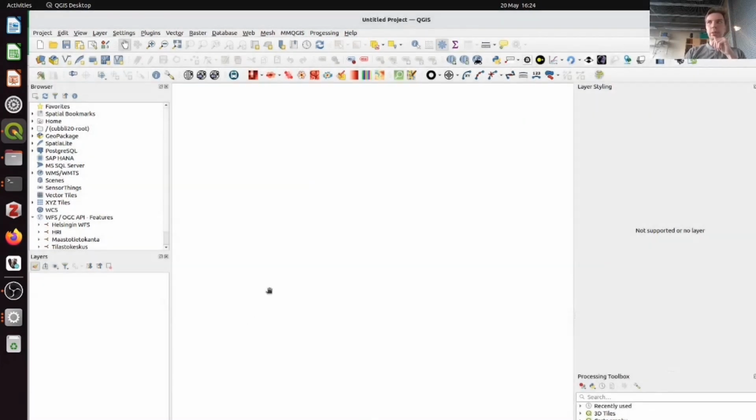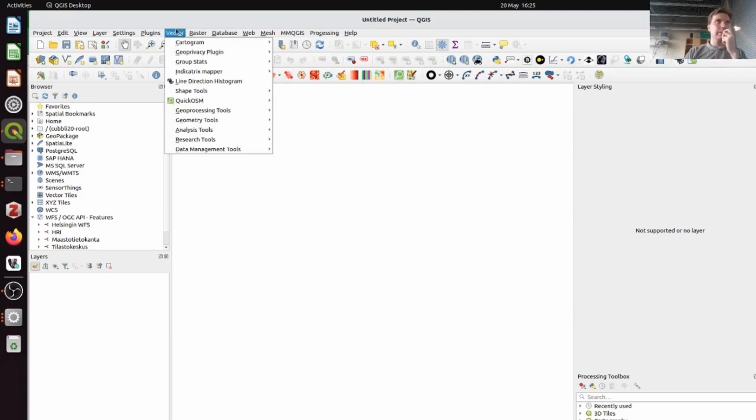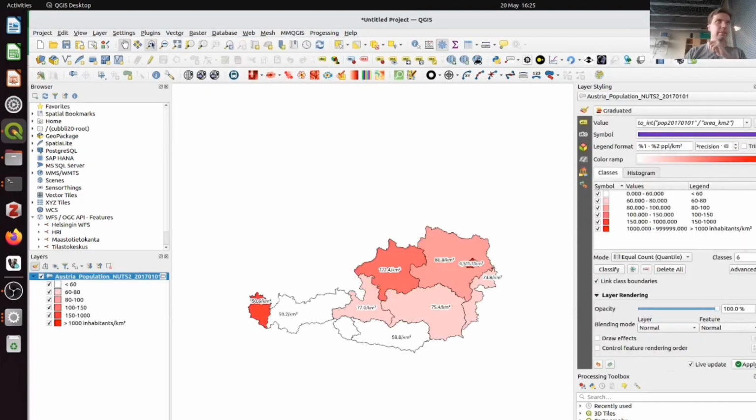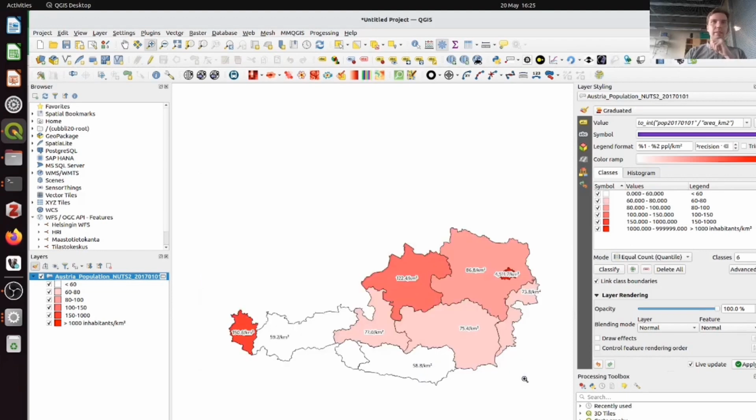So once you have both of these plugins installed, you won't have to download any separate data for this one, so you can just import the example dataset from Cartogram. You should find it under Vector and Add Sample Dataset, and this will add to the project a population map of Austria. I think this population information is from 2017,